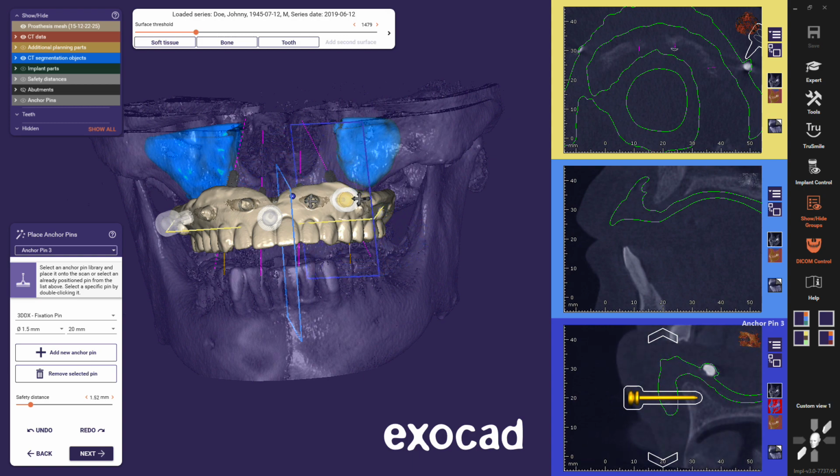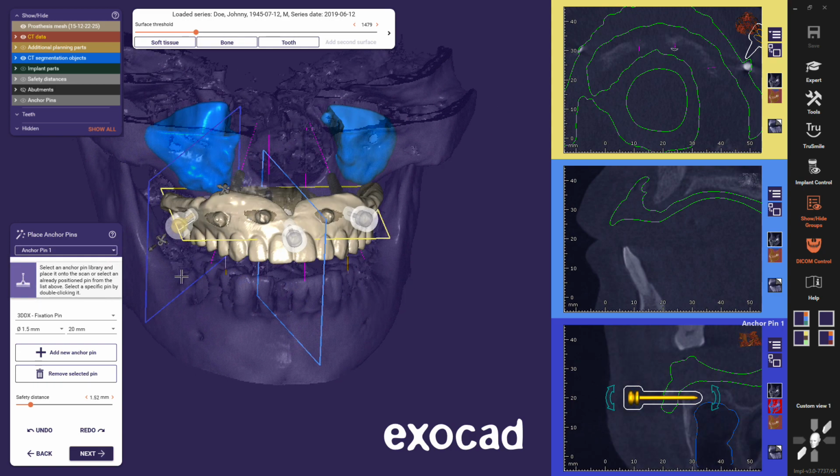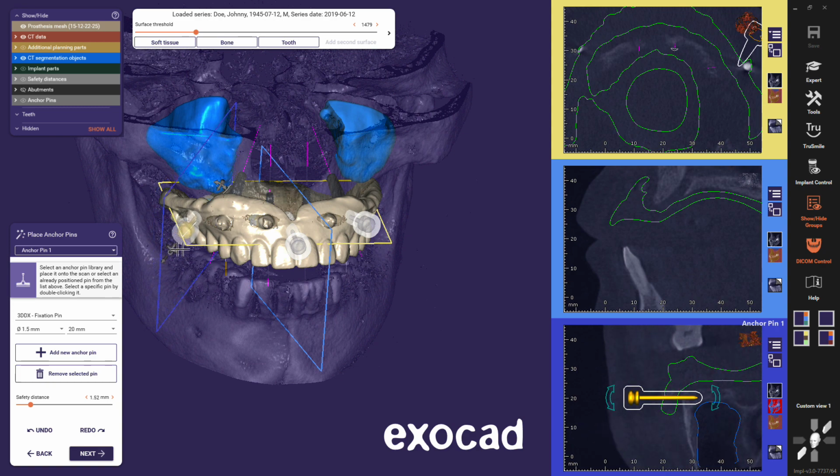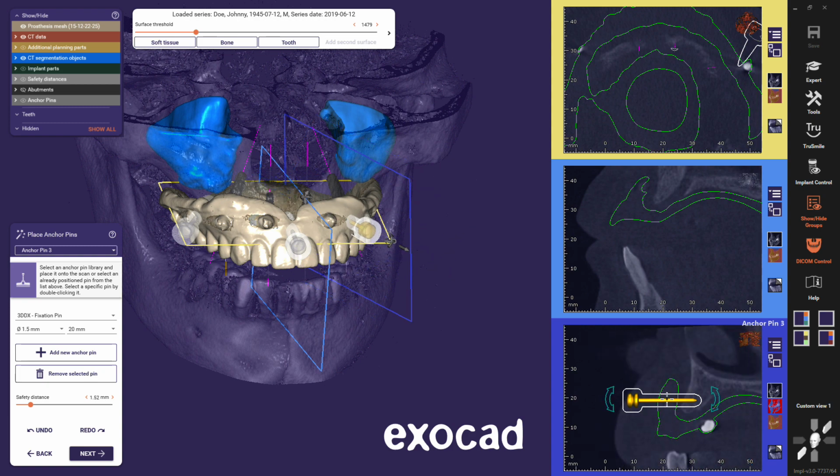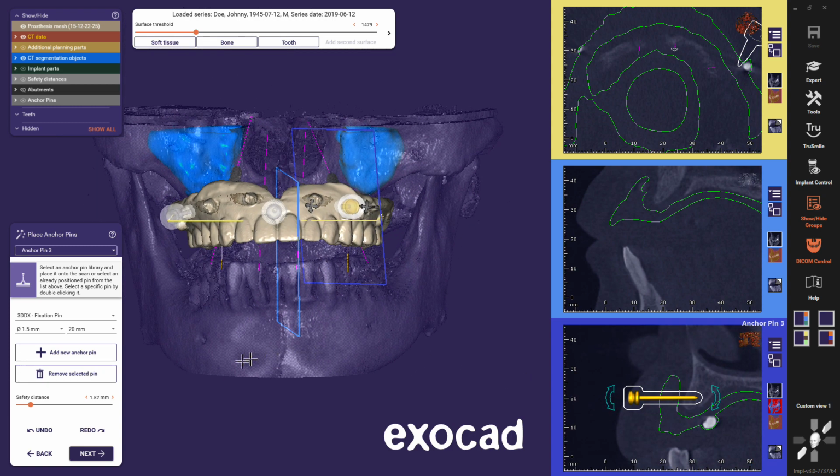If you place more than one anchor pin and want to adjust an already placed pin, use either the drop-down menu to activate the pin or double-click it in the 3D view to activate it. Continue with Next.